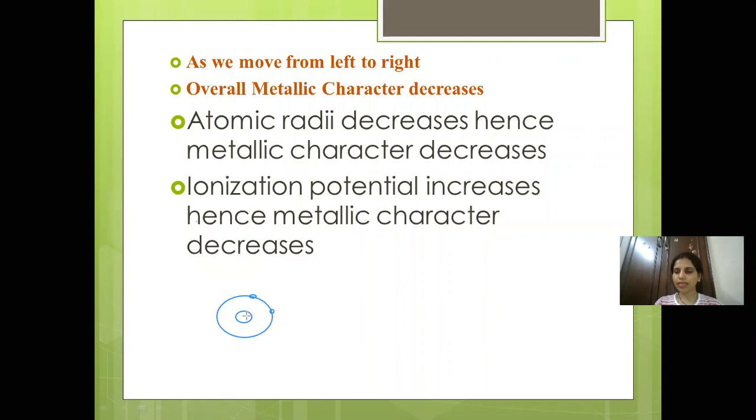It's going to increase. The inward pull is going to increase. Now when this inward pull is increasing, it is shrinking. This you have learned when we were talking about atomic radius. So now what is happening from left to right? In the same orbit, more and more electrons are added, and because of that, the atomic size is shrinking. Suppose one more electron is added to this particular shell, then the size will decrease.